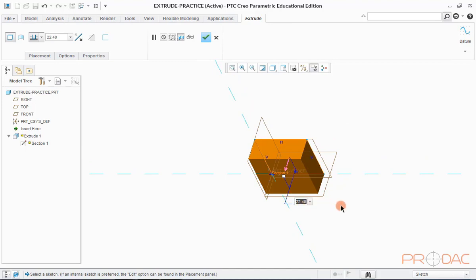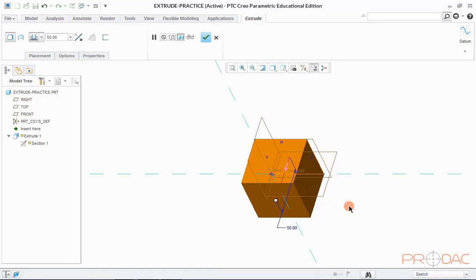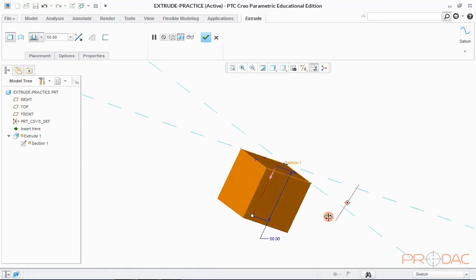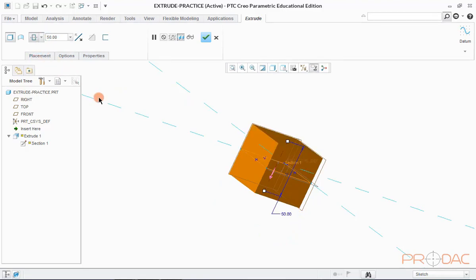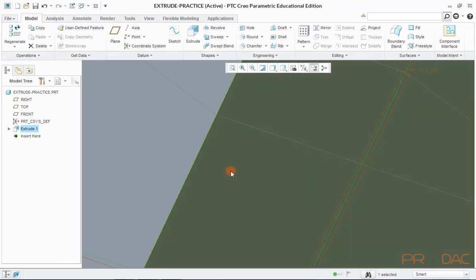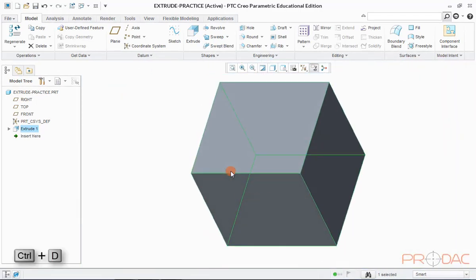Now, input the third dimension of the cube, which is 50 mm. Make the model symmetric about sketching plane by selecting this option from drop-down menu. Say OK and press Ctrl+D to fit the model into graphical area. That's all about step 1.